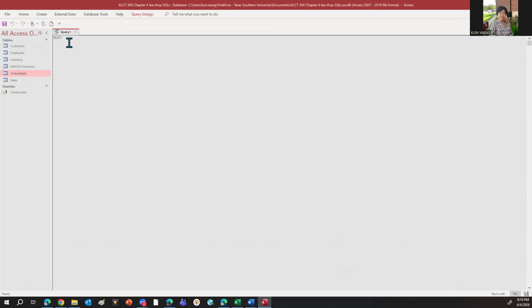Normally, there will be the first prompt because SELECT is the most common SQL syntax. SELECT is like the query. If you start any data search queries, we need to start from SELECT. But the first query we are going to do is creating a new table. So I'm deleting the